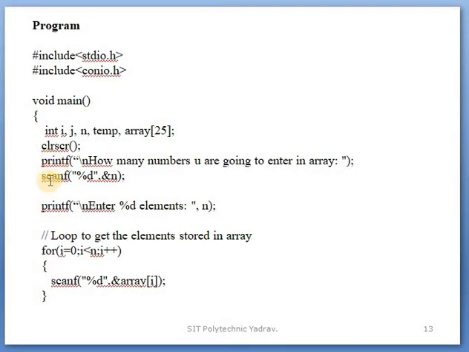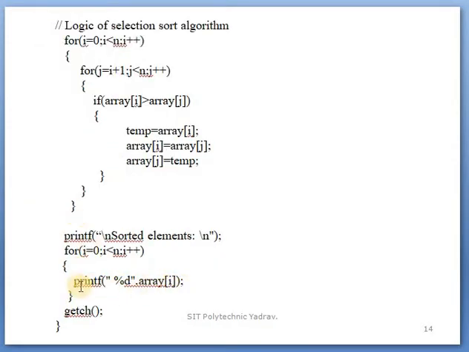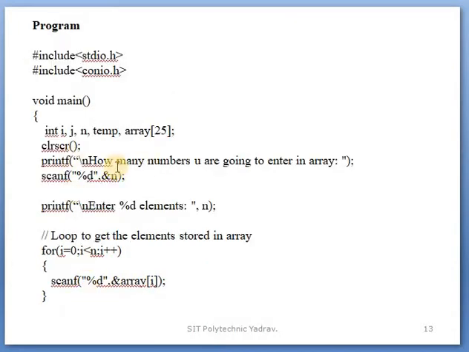The printf function serves two purposes. The first purpose is only for displaying a message, for the user's understanding. At that time we use the printf function, and we also use printf when displaying the output. Here we use it only for message purposes, because on the output screen, when the user gives the input, they need to know what input is actually being given. Through the message, the user is clear on how many numbers to enter in the array. Through this message the user easily understands.